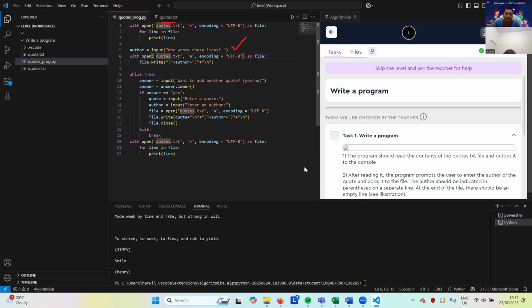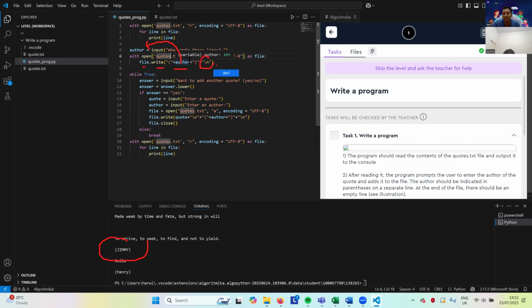With open A. What is A? A is not to delete but to add. Append. Add a new string. Then file write author. You type Jimmy for the first time.